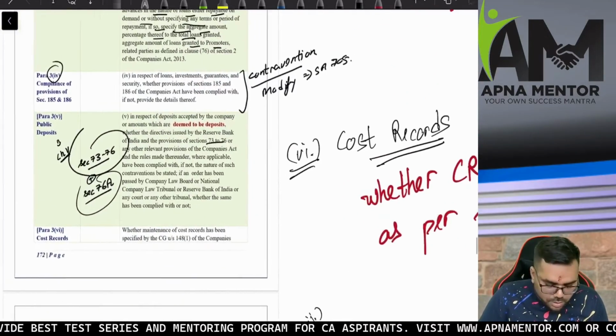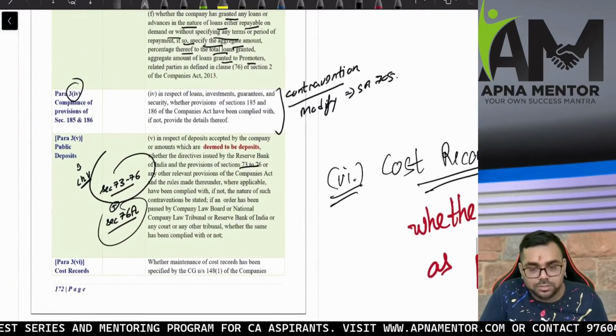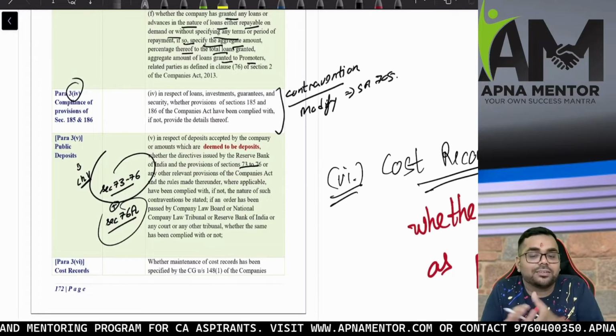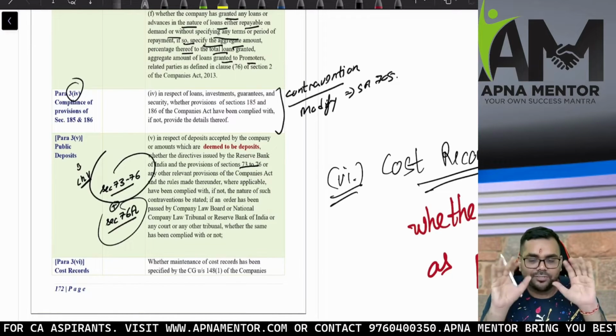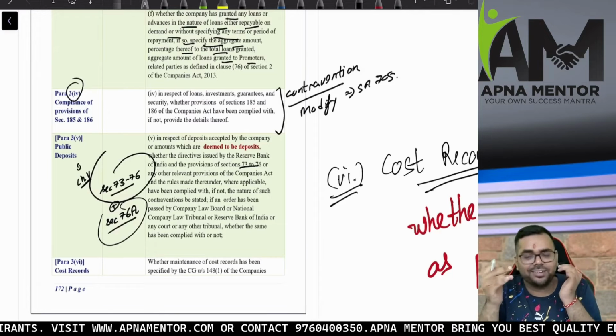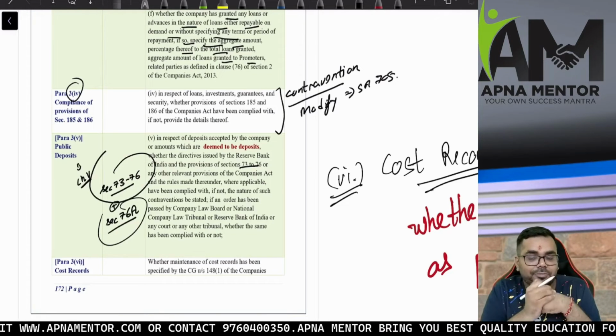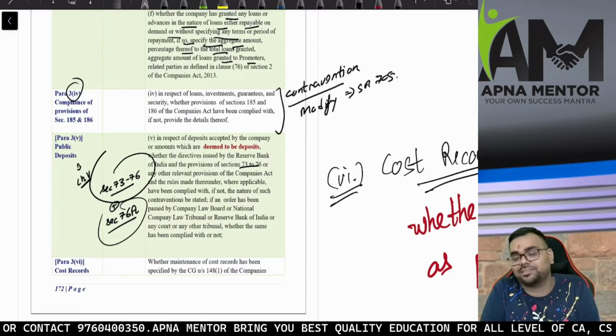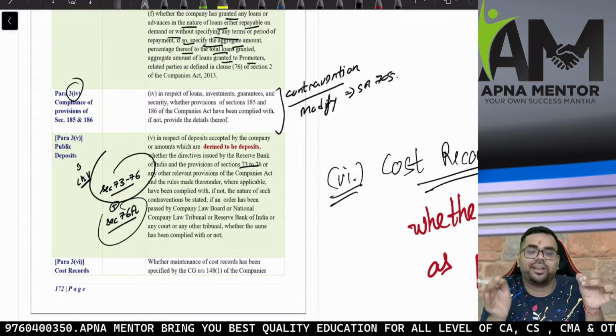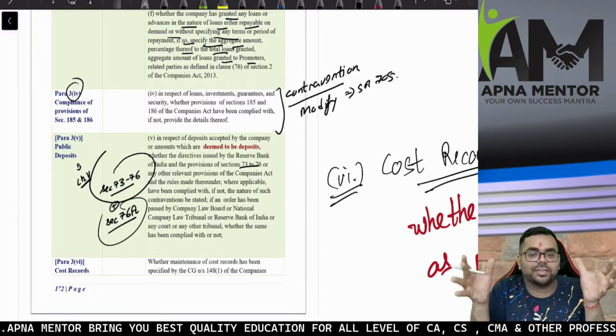The next clause, clause number 4, I told that's also about loans. But this is about loans given to directors, and investment made in any other companies. So you must have got that hint. Okay, sir, loans given to directors means you are talking about section 185. Investment made in any other companies means you are talking about section 186. Yes, you are right. I am talking about section 185 and 186.